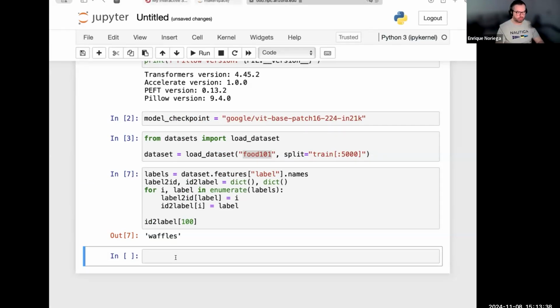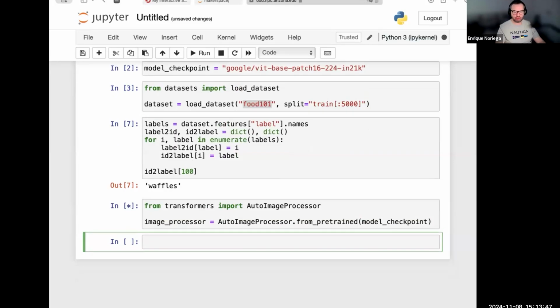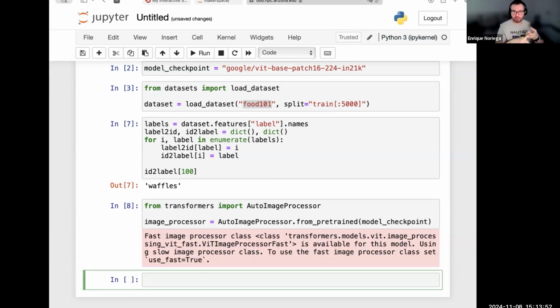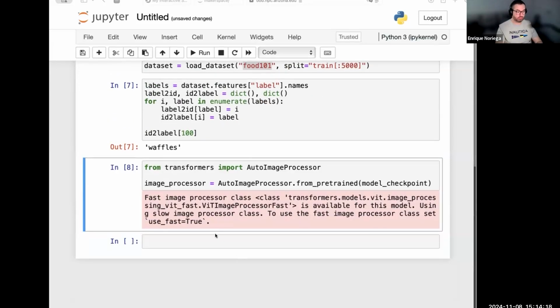So then the first step, well, of three steps, is to load an image processor. So what is an image processor? Usually it takes raw data. Images could be stored as JPEGs or PNGs, GIFs, or whatever. We need to load them as bitmaps, and we need to do some transformations for them. The image preprocessor handles the operations that the model already assumes are going to happen when we run the data, because we're also going to add